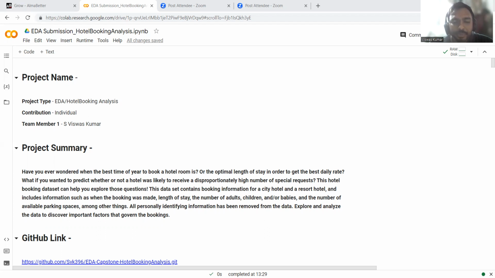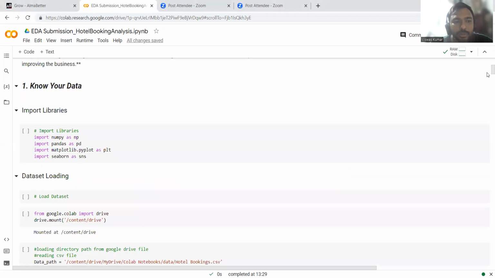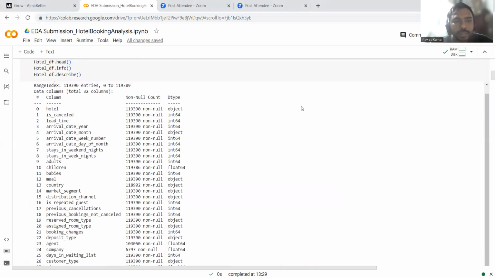Hotel booking analysis is volatile data which can depend upon so many factors like booking date. Here is the Colab notebook I'm using to explain some of the most important things. The data set consists of 32 columns, such as hotel, is canceled, lead time. So there is a lot of data provided in the data set. To analyze this data we have to do exploratory data analysis to draw conclusions about the